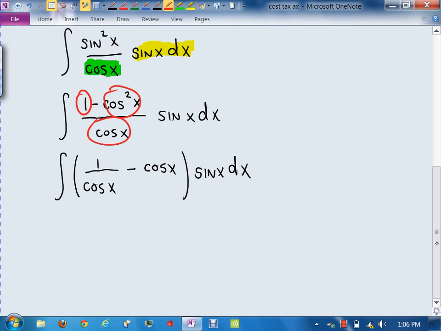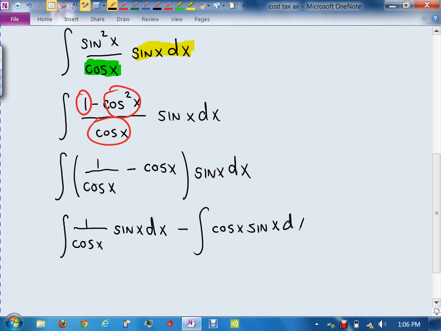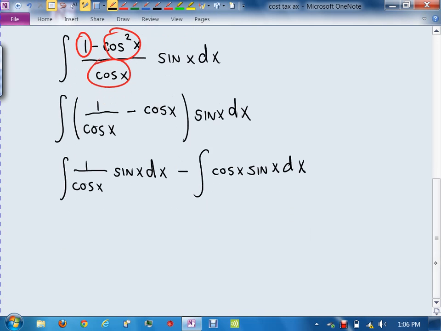And at this point, again, you have some options. I would probably go and break it into two integrals. You don't have to do this, but then you could do each of these integrals. Each of these integrals is just a basic substitution. Still with me? Okay, so on this first one, u is cosine x. Du is negative